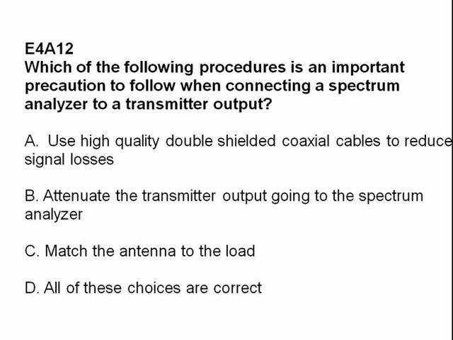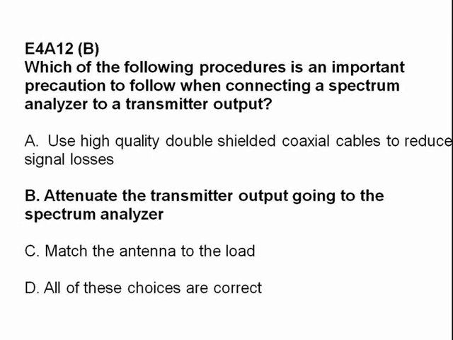Which of the following procedures is an important precaution to follow when connecting a spectrum analyzer to a transmitter output? A, use high-quality double-shielded coax cables to reduce signal losses. B, attenuate the transmitter output going to the spectrum analyzer. C, match the antenna to the load. D, all these choices are correct. The answer is B, attenuate the transmitter output going to the spectrum analyzer so that you don't burn out the